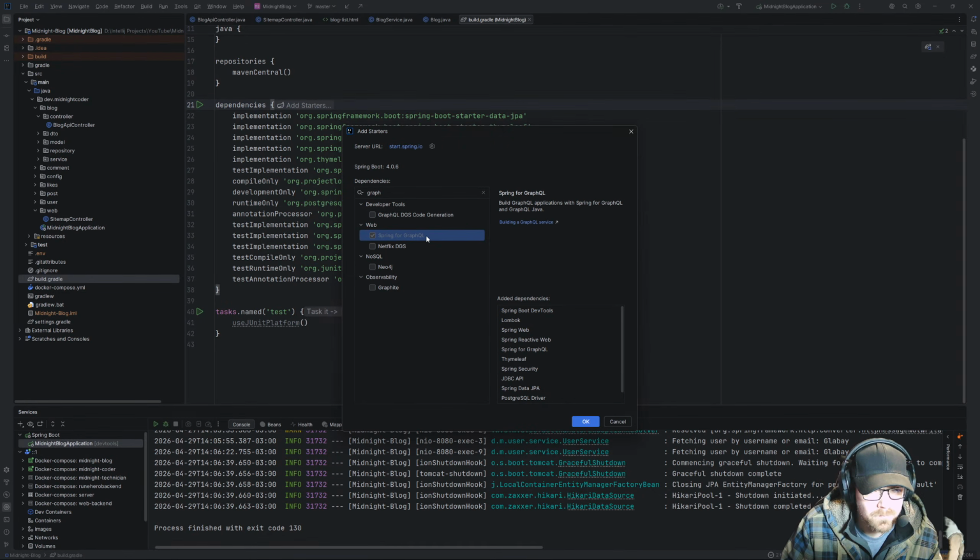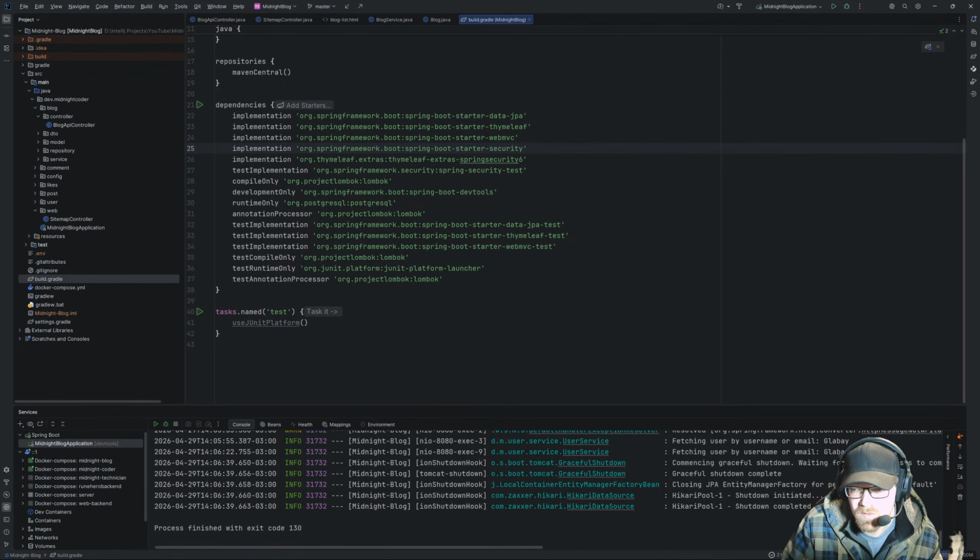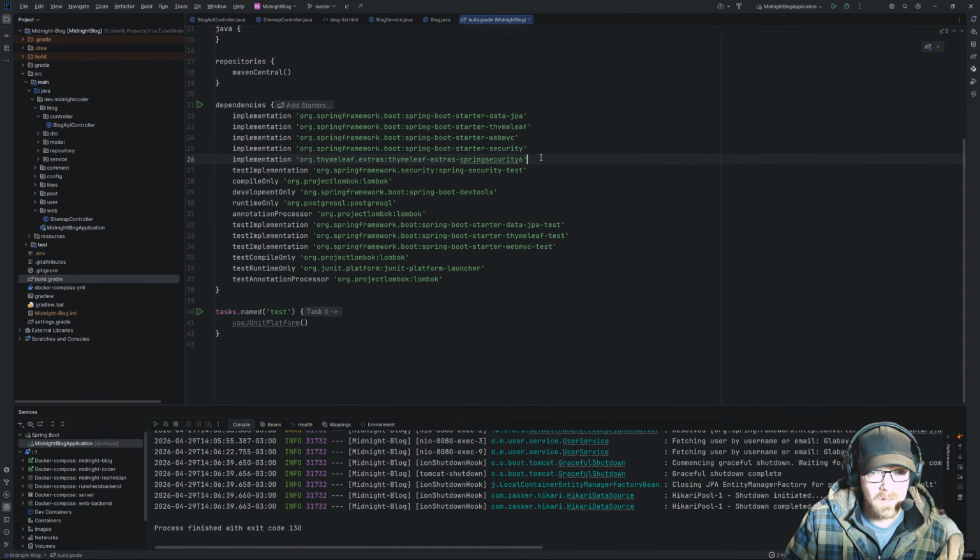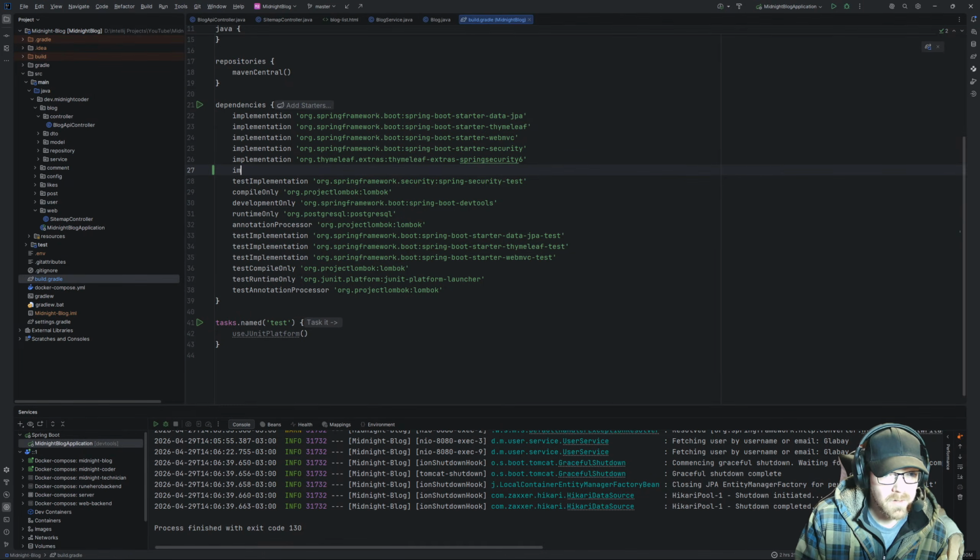Which I've already got selected here. And for those of you that don't have IntelliJ or that nifty little button, we could just simply come down and throw in an implementation, and we're going to grab org.springframework.boot, and then we want the Spring Boot starter